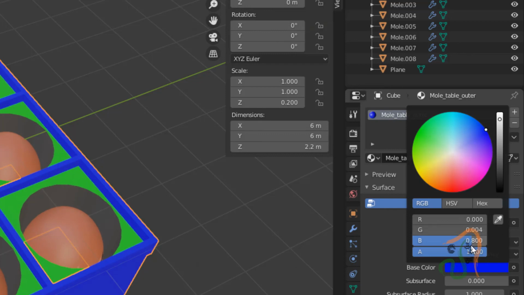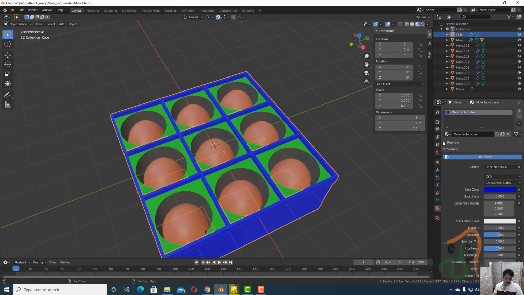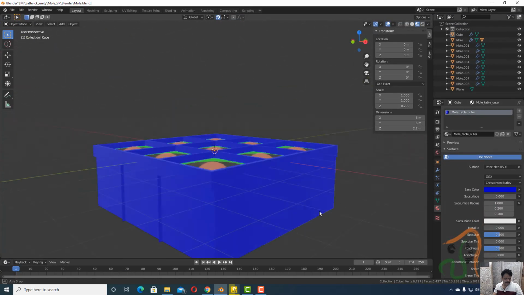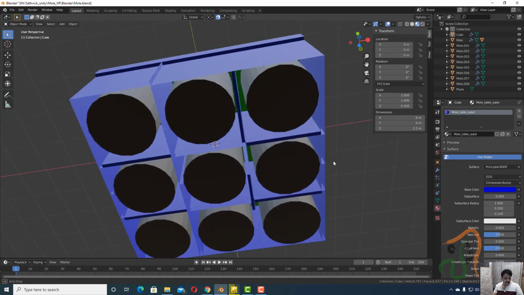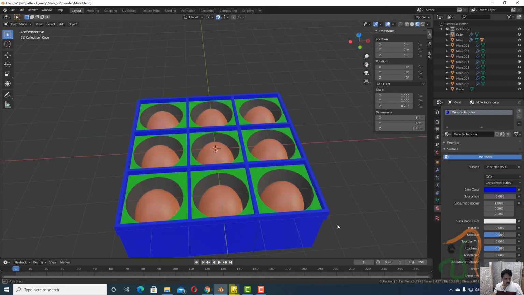So let green be 0 and blue around 0.6. Okay, so let us select a dark blue color. So we have created a box and we have this entire mole. This is fine. Now go to file and choose save to save this file.